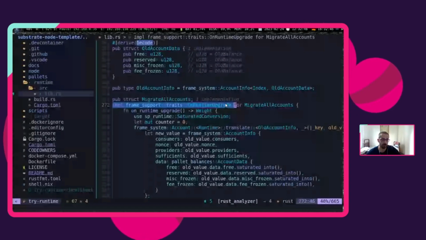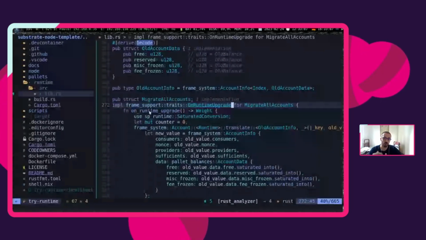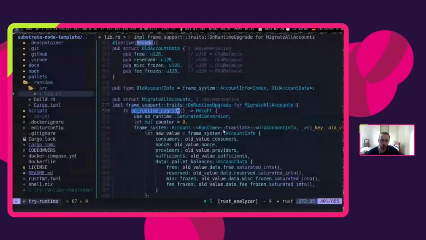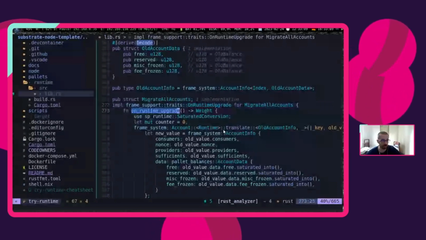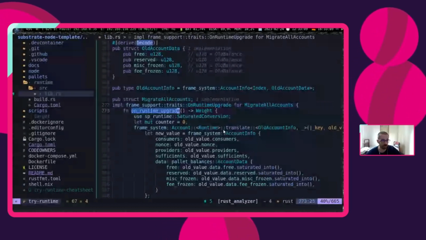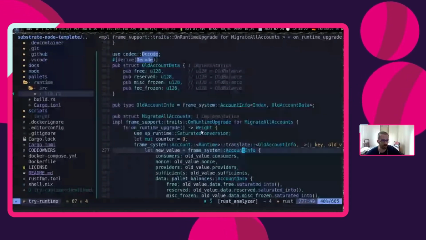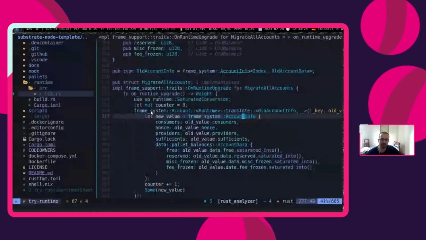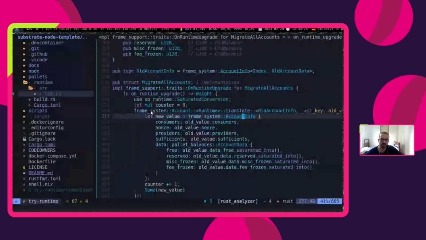As soon as there is a runtime upgrade being enacted, we want to make sure that this also gets executed, and this code is effectively the storage migration. So what is this code doing? We're basically iterating over all the accounts. Frame system has this account storage item, and the translate function is basically just iterating over all items,